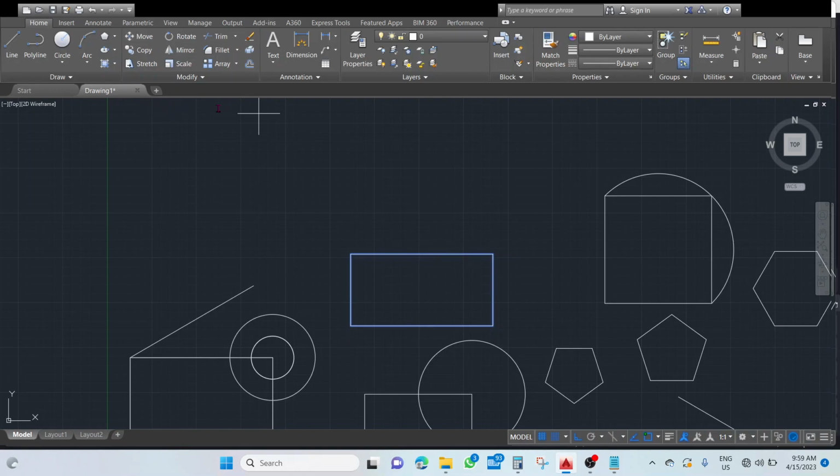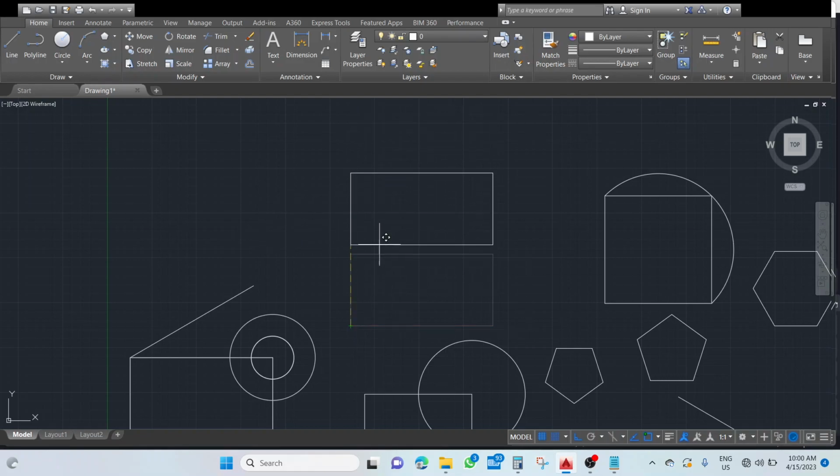Now let's see, specify the base point. Let's see what is meant by this base point. The base point is the point which AutoCAD will take as a reference point when I click at another point at some distance, and draw the entity accordingly. Here, if I choose this point as a base point, and then click on this base point and click at this position,